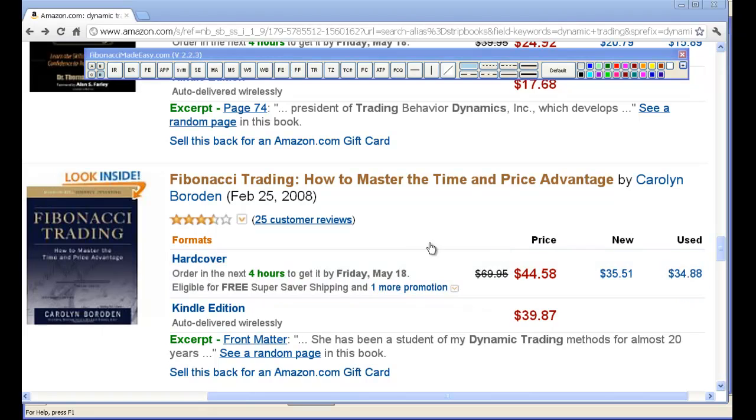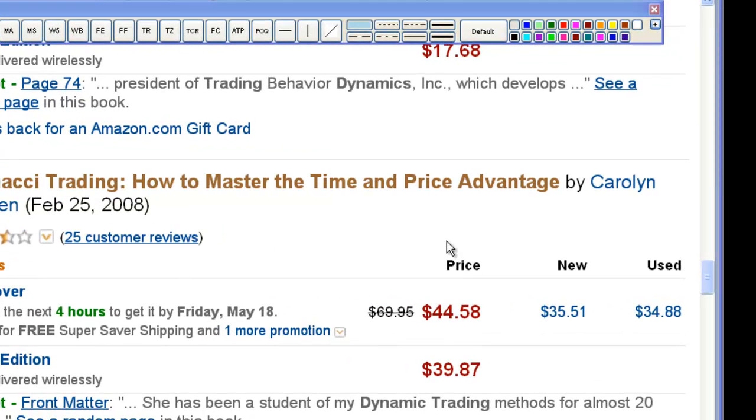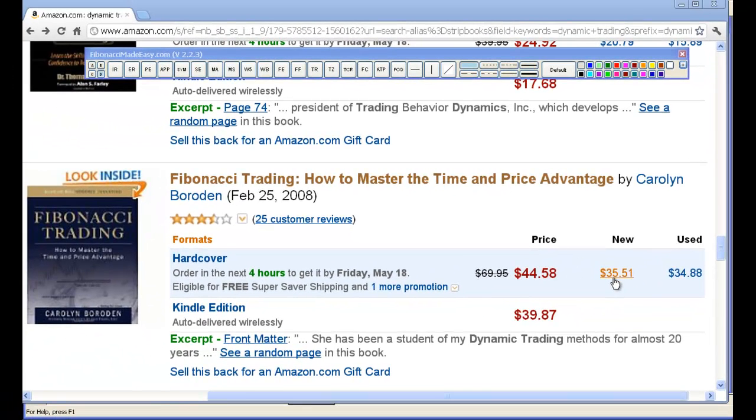Another good book for understanding the process of Fibonacci analysis is by Carolyn Boroden. This is Fibonacci Trading. Once again, it's about 1/10 the price of Dynamic Trading. I would recommend everybody get that and read that also, regardless of who your trainers, coaches, or trading room instructors